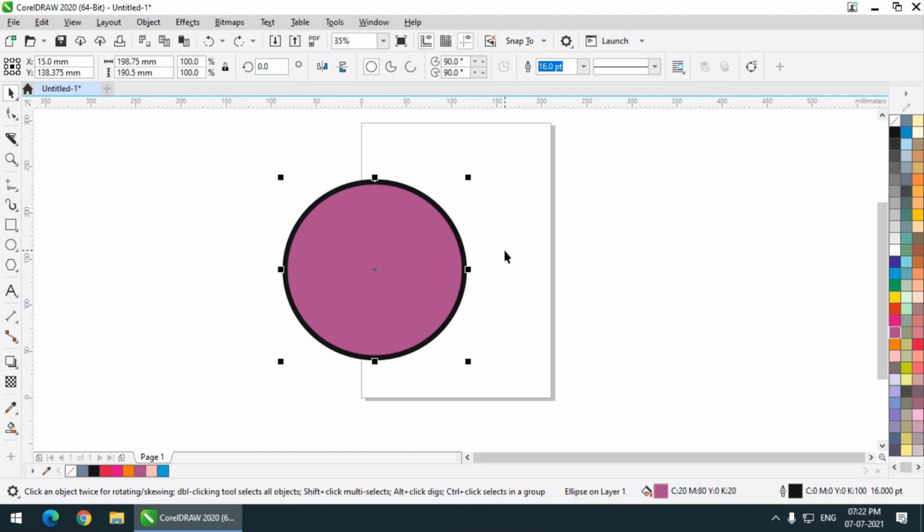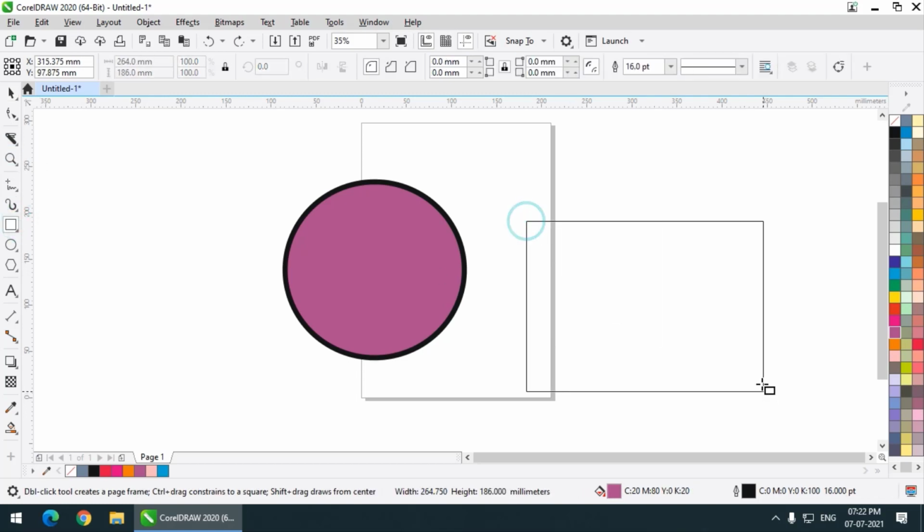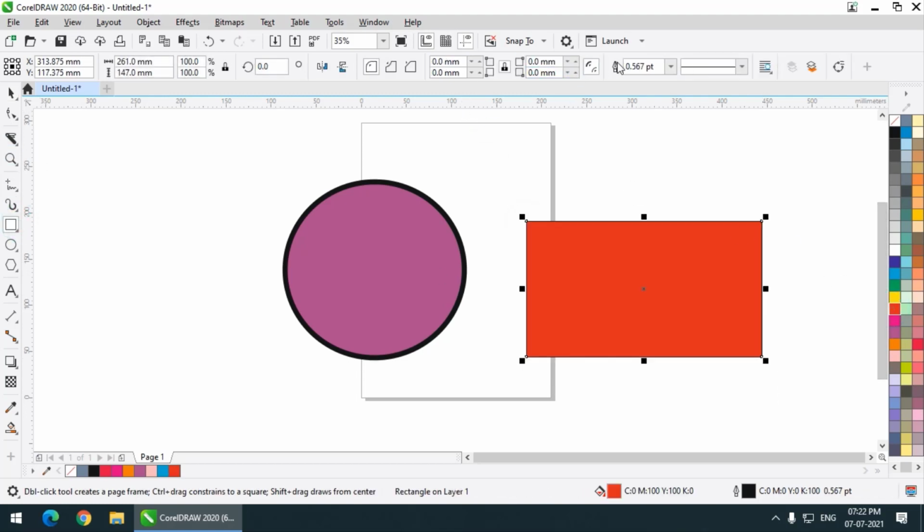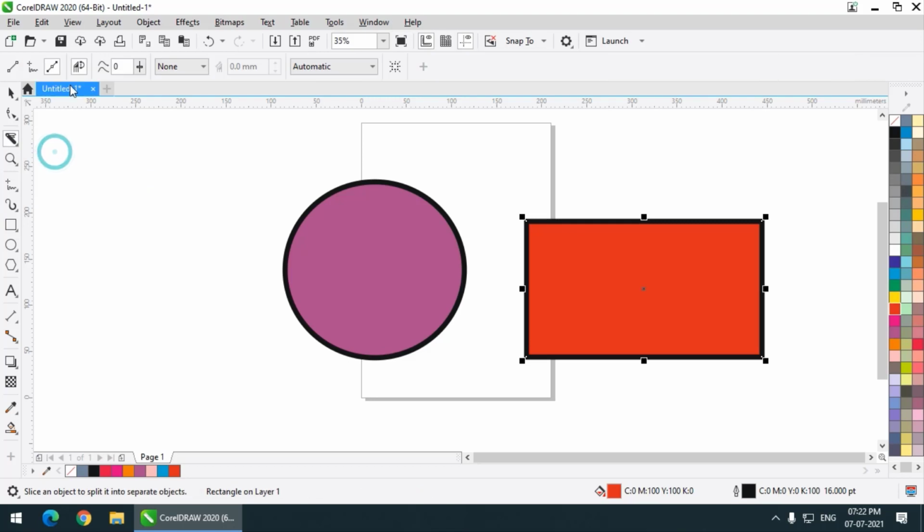I haven't explained the Bezier tool yet, but it is pretty similar to the pen tool, slightly different. I'm going to explain it in future videos. Once again, if I create any shape, I will increase the width of the stroke. Now let's say knife, Bezier tool, I can use it like this,